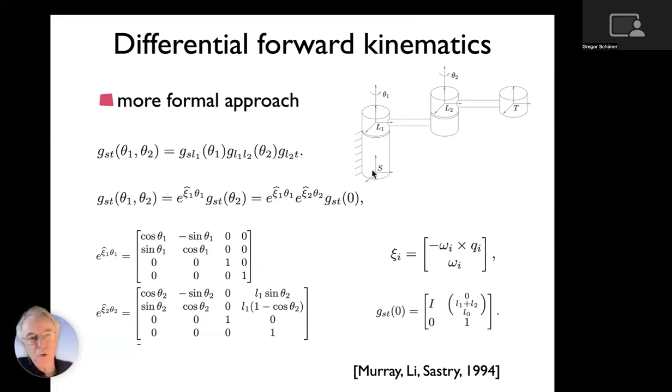There are different approaches to do that. The most popular one in robotics is still the Denavit-Hartenberg one, where you're following the kinematic chain. So you're transforming into the frame that is attached to the first revolute joint, and then you're doing your rotation, and then you transform this into the coordinate frame that's attached to the next joint, and then you have again the rotation there, and so on. You follow that chain. There's a more elegant approach that uses this Lie group kind of idea, sometimes called the product of exponentials